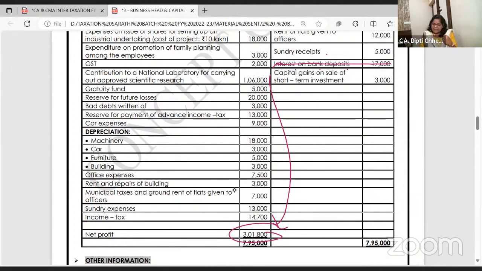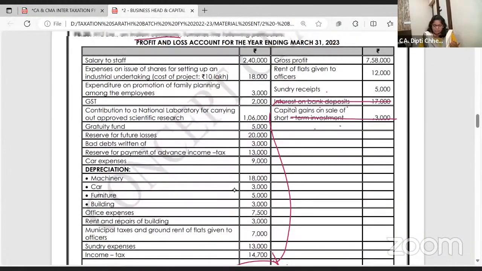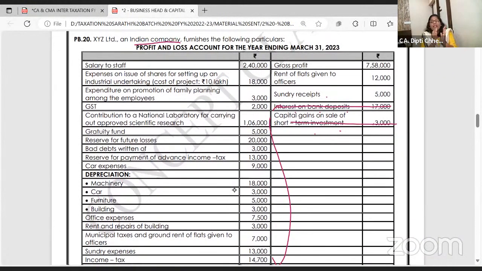Same way, capital gain on sale of short-term investment. Where it will be taxable? This is like kachra. Yahan se to nikal do. It's going to be taxable under capital gain. But 3,000 is definitely a part of this. Remove. Now come on debit side. Take a pause and tell me, are you getting how to read the problem in exam? Credit में outrightly जो income नहीं है less कर दो. Debit किया, but outrightly this is not expense. So what you do? Add back. And then you go to adjustments.